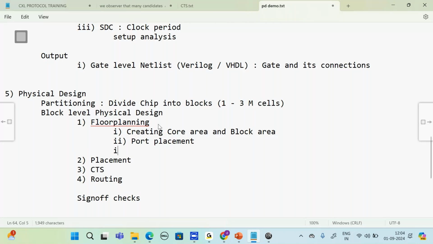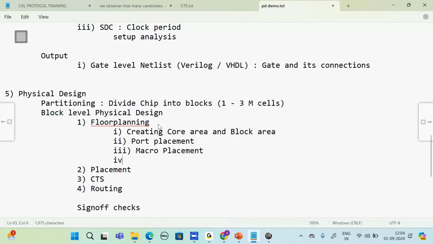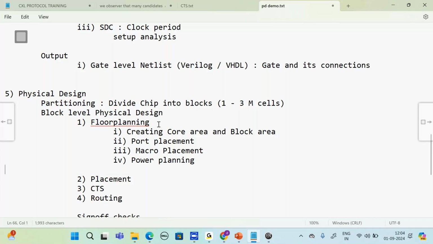Next is macro placement. Next is power planning. So these are the different steps in floor planning. First we have to create, for the entire block,